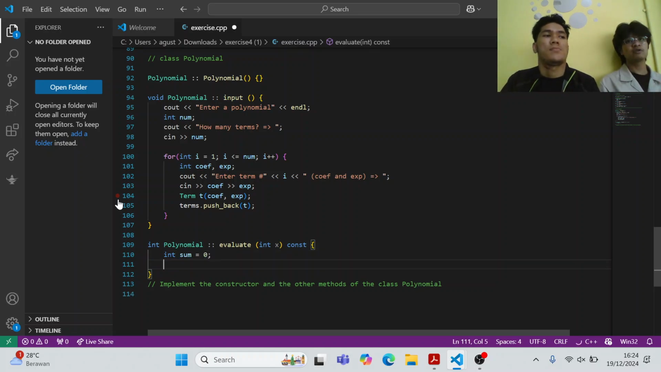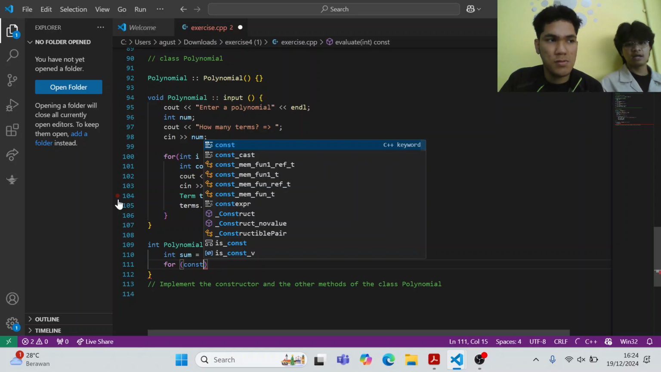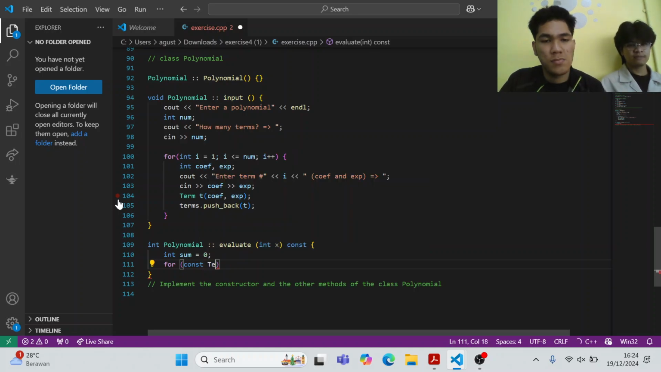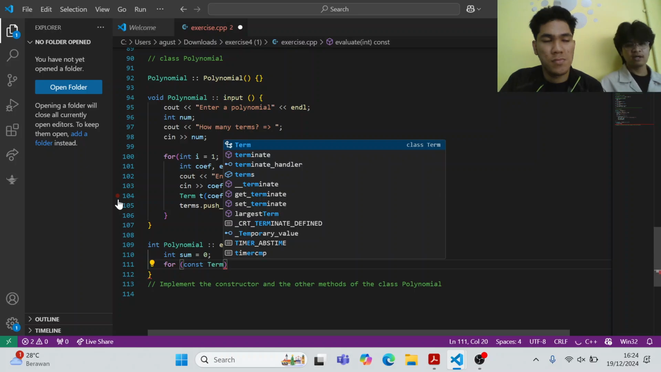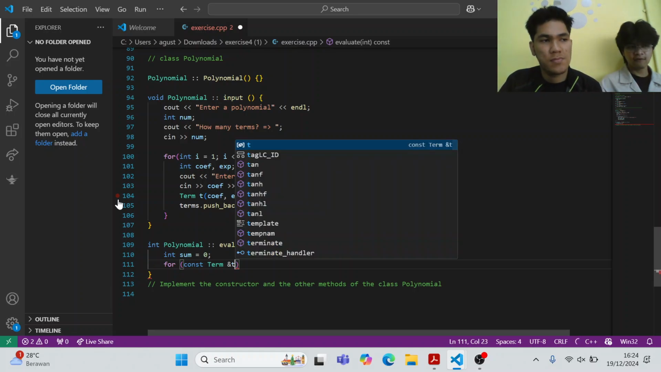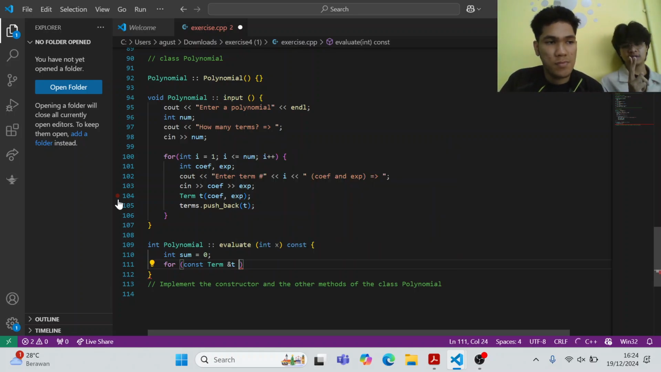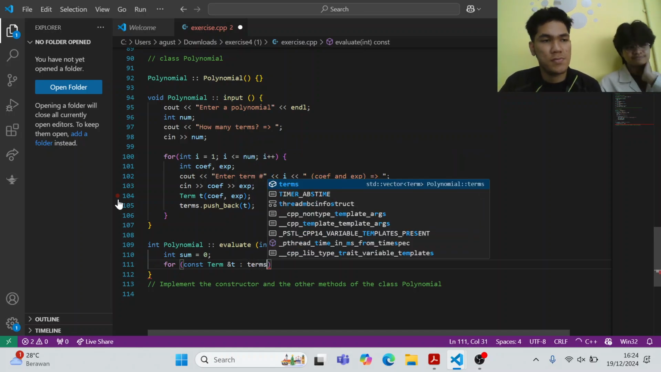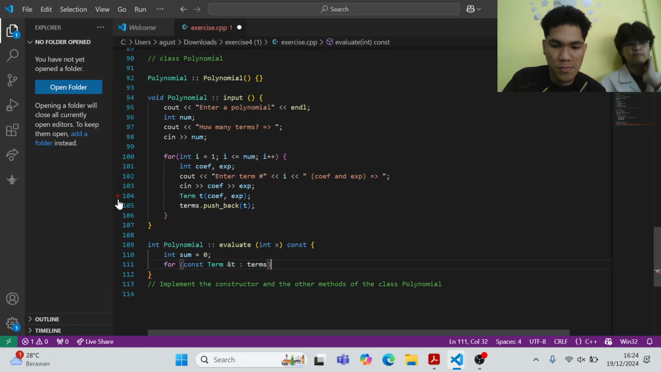And then we're going to do a for loop. Inside it's going to be a constant term, as in the vector, and we're going to pass by reference here by using the ampersand. t, and then a colon, the first name, terms. Inside of the for loop, we're going to